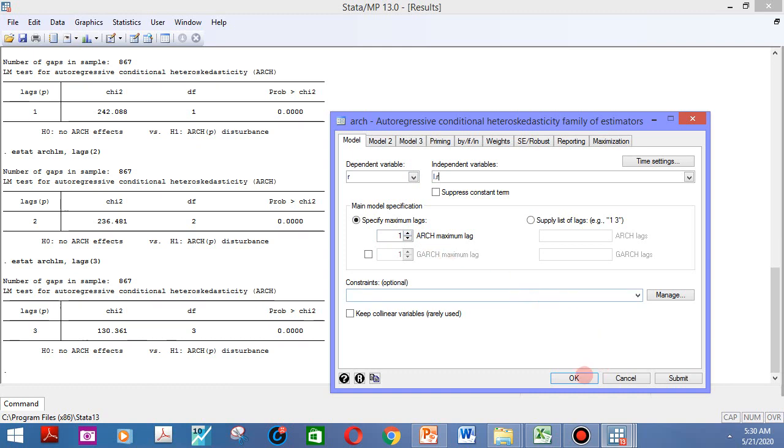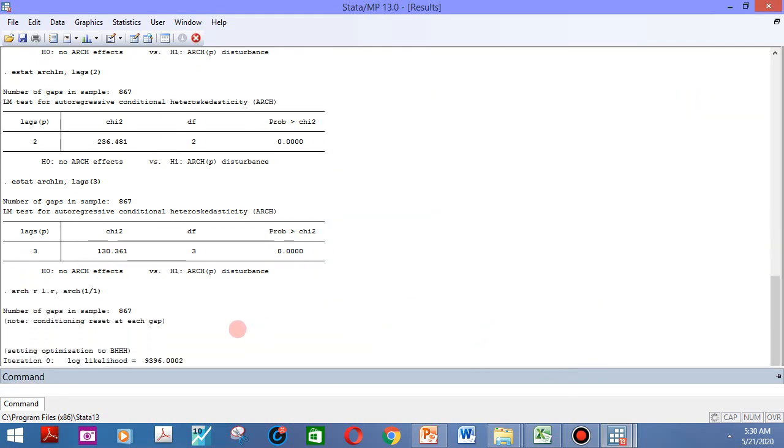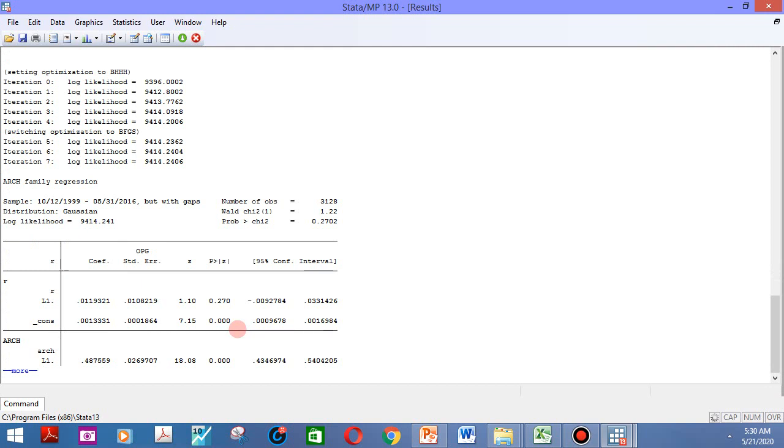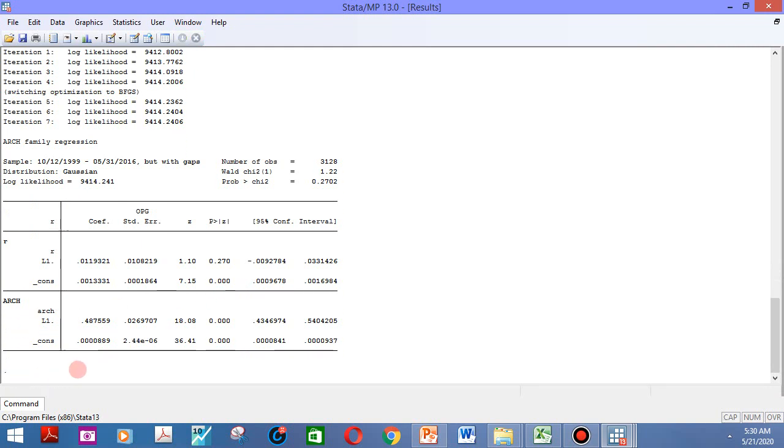So ARCH 1 model, okay, we have the result obtained after several iterations. This is the mean equation, this is the variance equation.